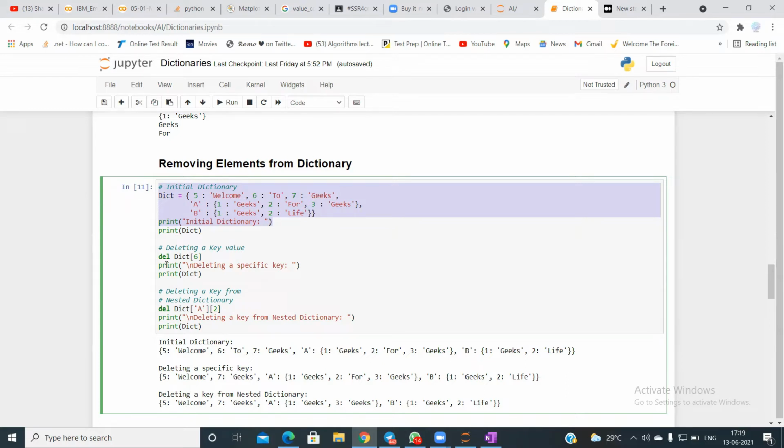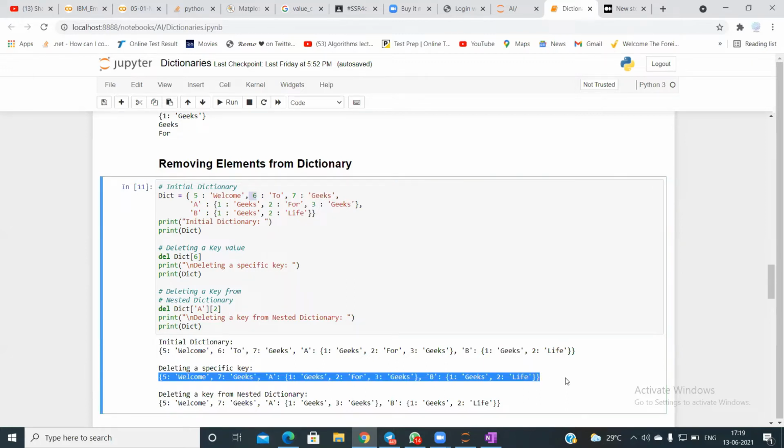So I said del, the dictionary, and the key which I want to eliminate. I'm trying to remove this one. When I run this, it removes the key 6 from the dictionary, and it gives me the rest of the thing.